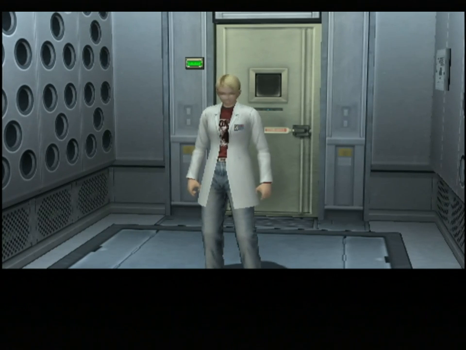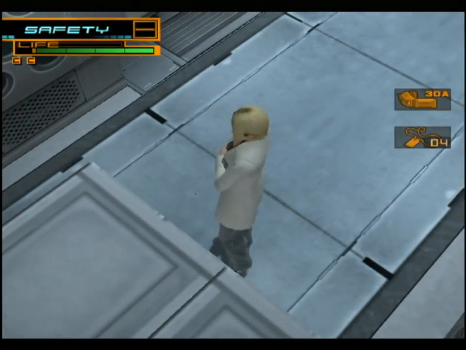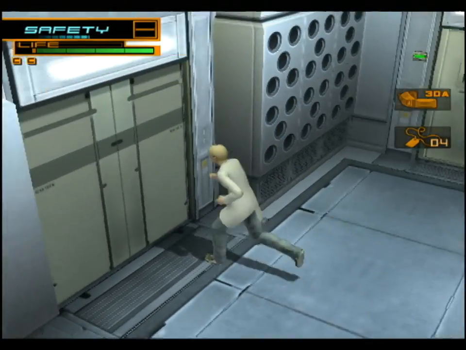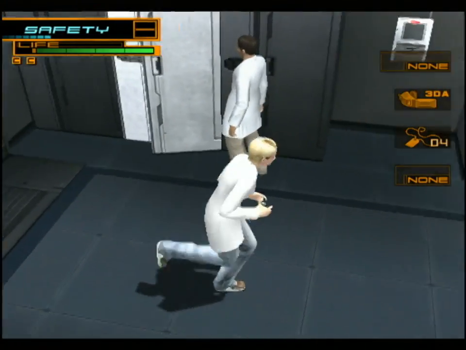Alright, great, we're in. So now we can get about finding those purple vats and trying to shut down that shield that protects them, so we can destroy...